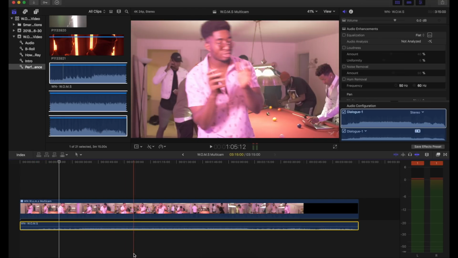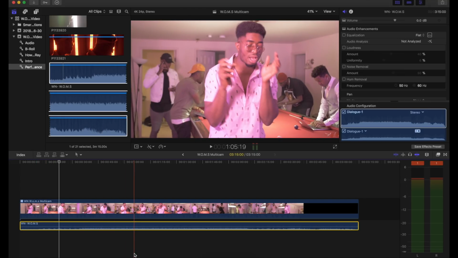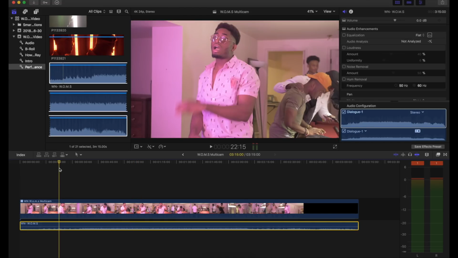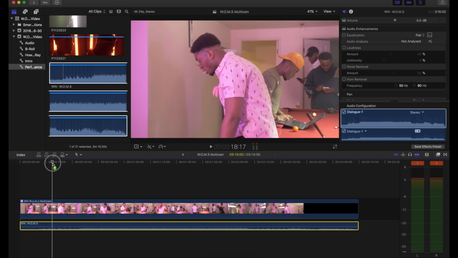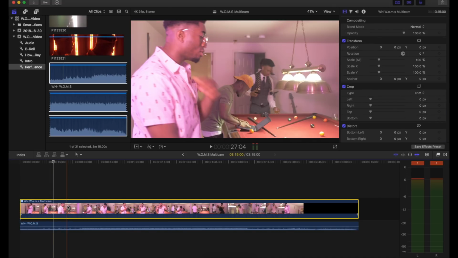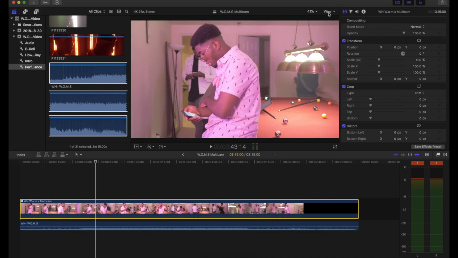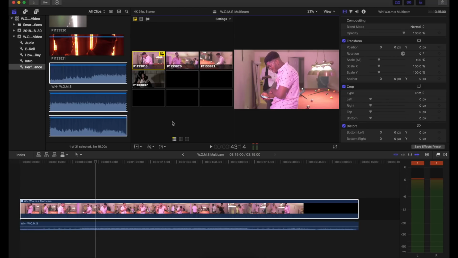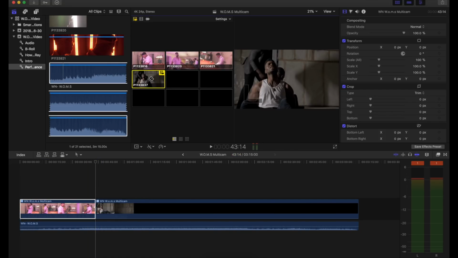Once we have everything mocked up here perfectly and how we want it, the next step is how to use this multicam clip. It's super easy, guys. When you click on the multicam clip, go under View up here on the top right of your screen, and click Angles. What this is going to do is reveal what's inside of your multicam clip. So let's say we want to switch from this scene right here into Howard.